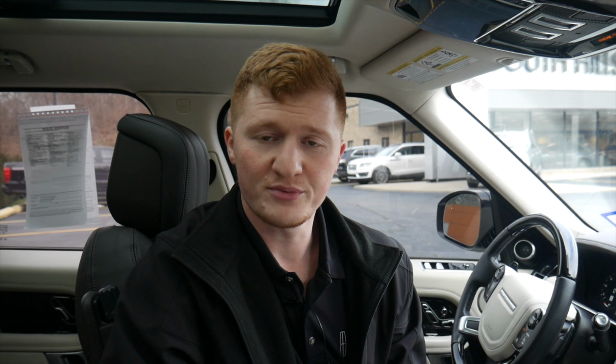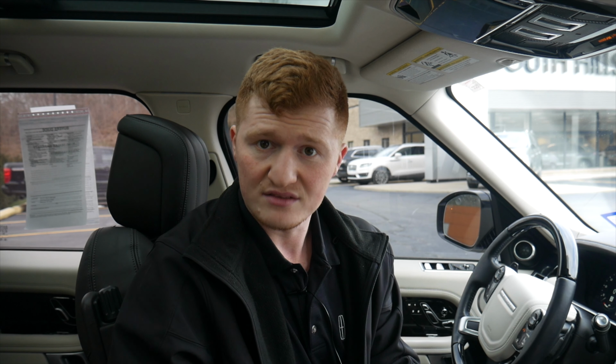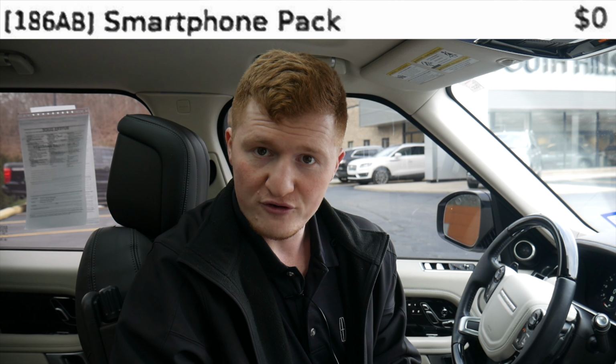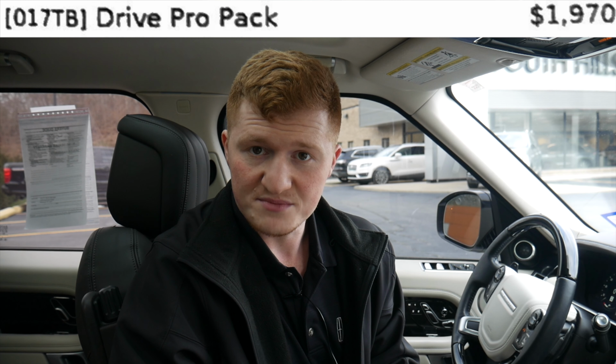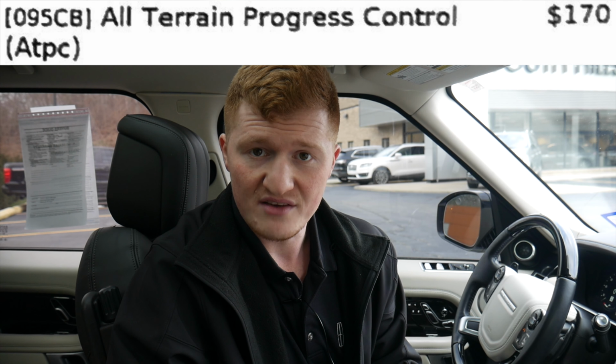All right, guys, so a little bit about this vehicle. This one was titled as a corporate car, and obviously it doesn't have a very long road life. I mean, it only has 12,952 miles, very short of 13,000 miles, with HSE, which stands for high specification equipment. Everything that's included in this exact vehicle that is not standard on HSE: Vision Assist Pack, an option priced at $1785, the Smartphone Pack, the Drive Pro Pack, which is priced at $1970,